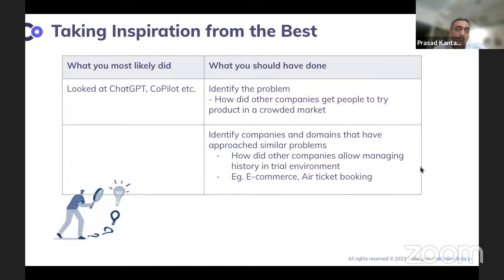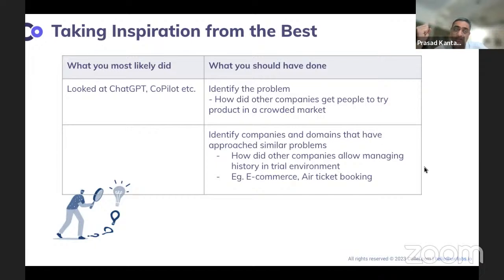For example, somebody has created Bharat GPT. My question is, how many of you have even tried Bharat GPT here? Pretty much zero. Even though there's a huge amount of PR in the newspaper, this is India's GPT for Indic languages, all that stuff, none of us were even curious to try it. That is a huge challenge when you're creating a product in a very crowded market, or where one product is so dominant. How do you actually get their attention?